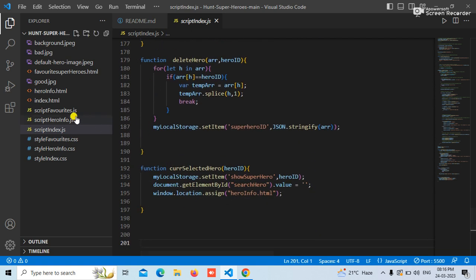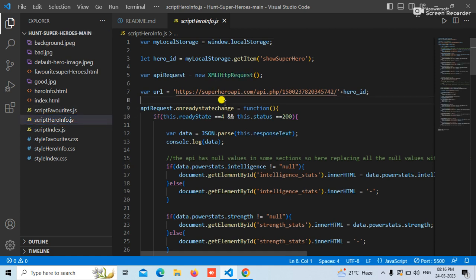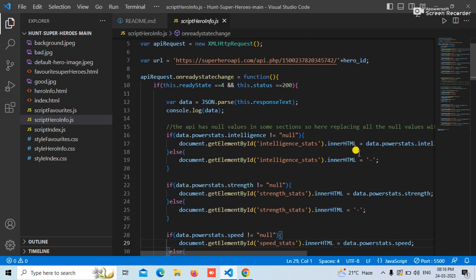Now let's see the hero info. This is the code for the hero info page. First of all, I have requested the API and it gave a success response, with status equal to 200. Then I am checking null values. I am handling these null values, and if the relevant data is not found, then I put a bar there and set the value to the respective span in